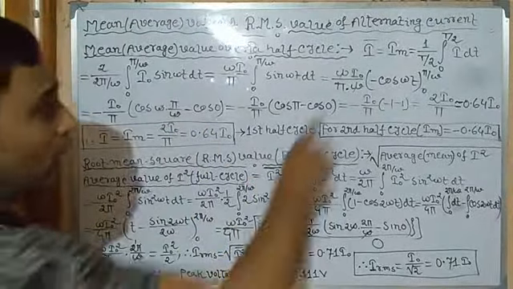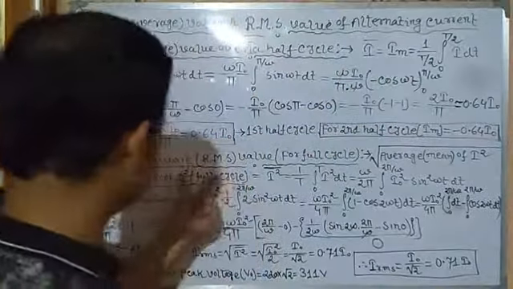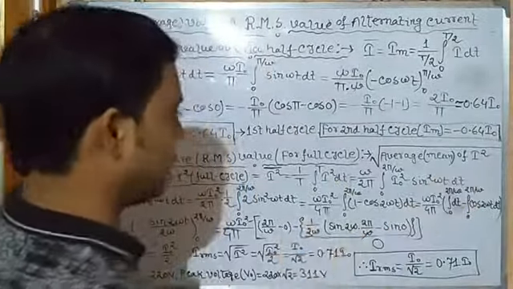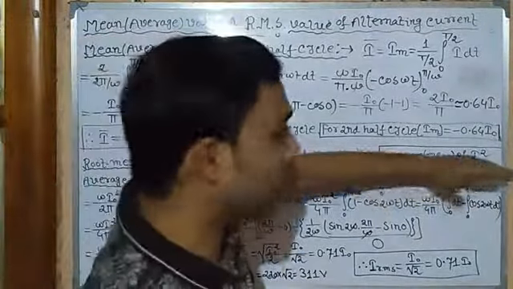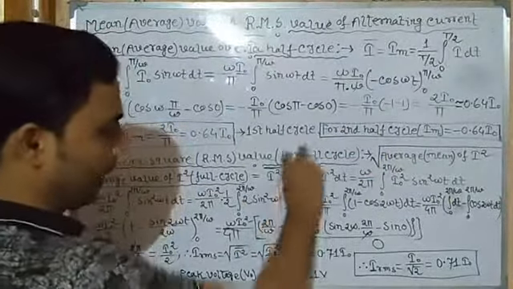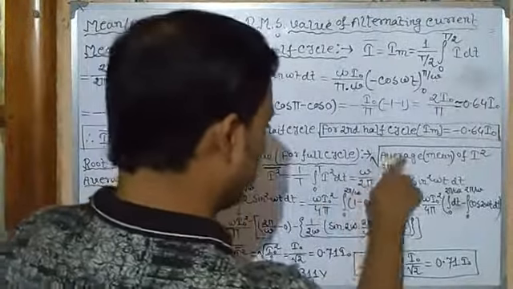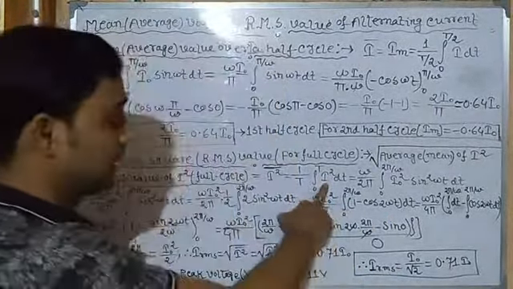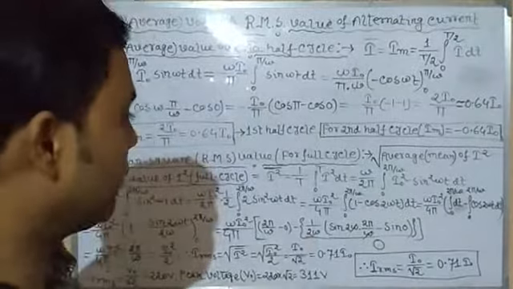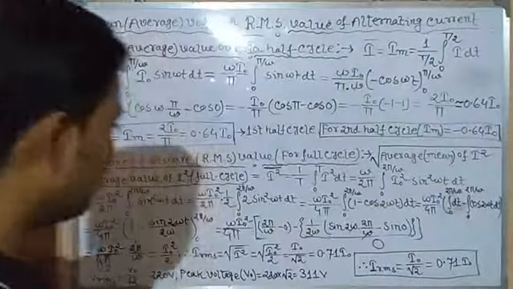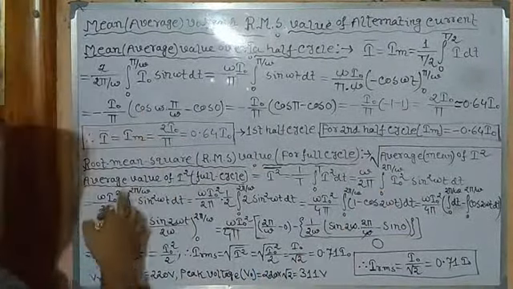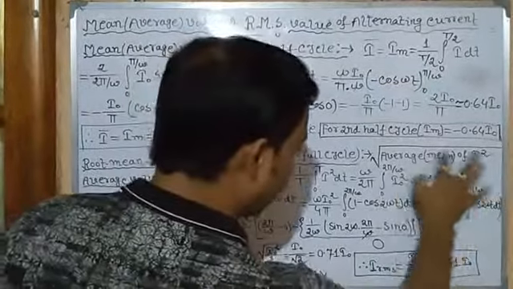Now 1 by T. Why not 1 by T by 2? Since T by 2 is for the half cycle, now since it is the full cycle, that is T. The integral from 0 to T of I square dt. Since it's square, so I square dt. Remember, first the average of I square we will find out, then its square root will be the RMS value. So again, putting the value of T equal to 2 pi by omega, so omega by 2 pi, limit 0 to 2 pi by omega, putting the value of the current from the equation of alternating current, that is I equals I0 sine omega t, as we saw in the last video. So I0 square sine square omega t dt, very easy, then plain integration. Then I0 square is the constant, so omega by 2 pi times I0 square, and the integrand is sine square omega t dt.